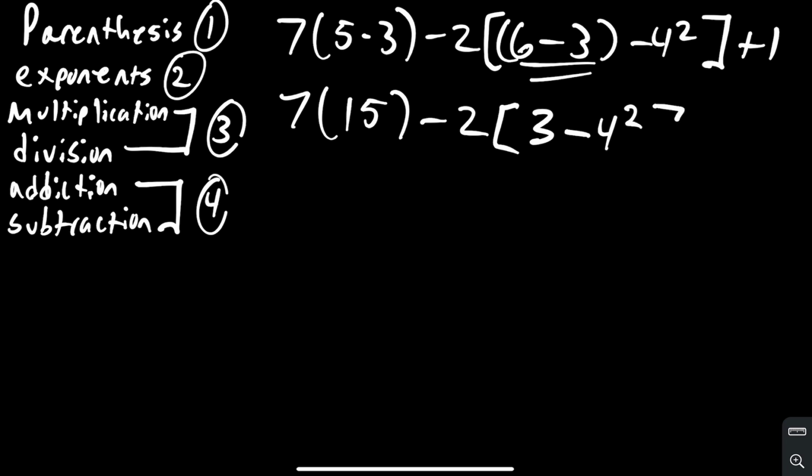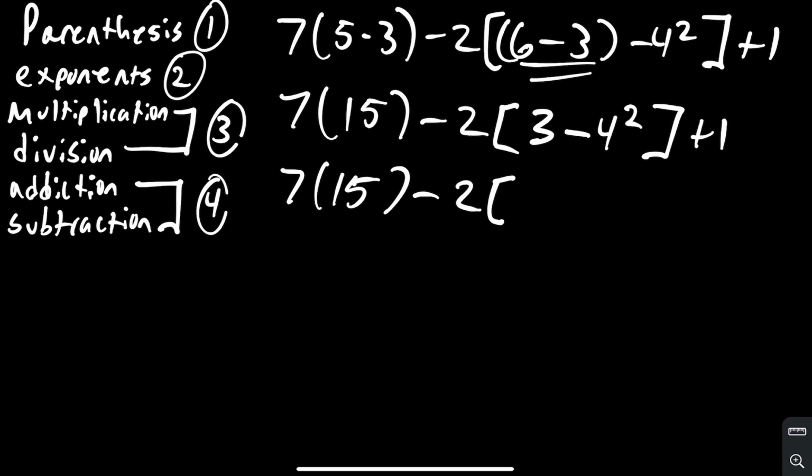Carry the square. Close the bracket. Plus 1. So we're still in our parentheses part because that 3 minus 4 squared is still not solved. So then we have 7 times 15 minus 2. Carry the bracket. So notice how we have subtraction and exponents inside the parentheses. So whenever you have something like this, whenever you're in those parentheses and they have more than one property,